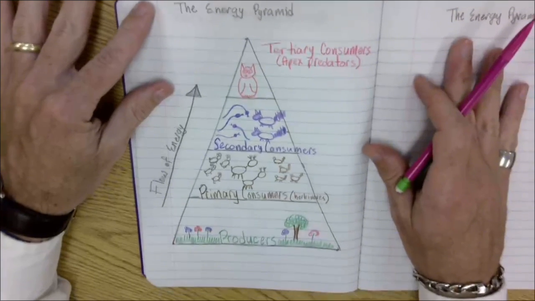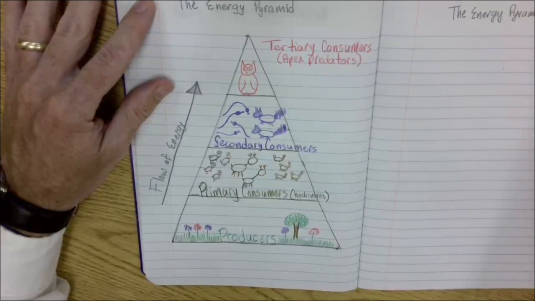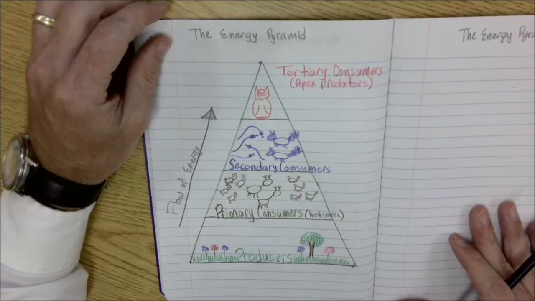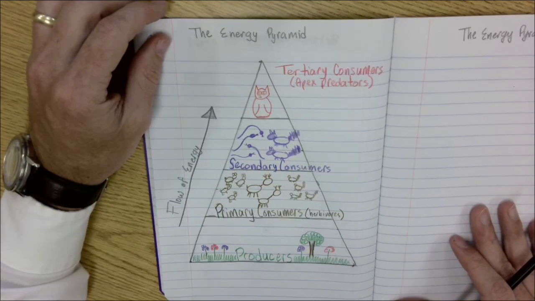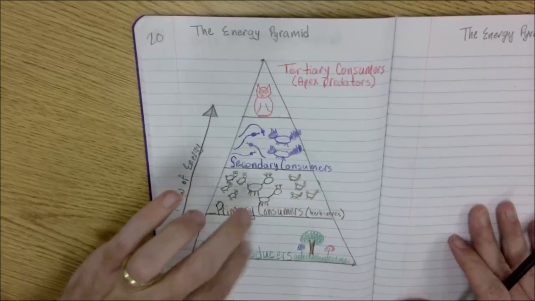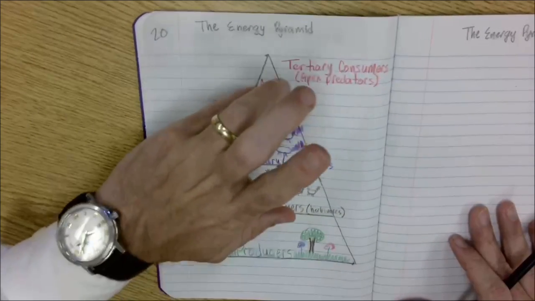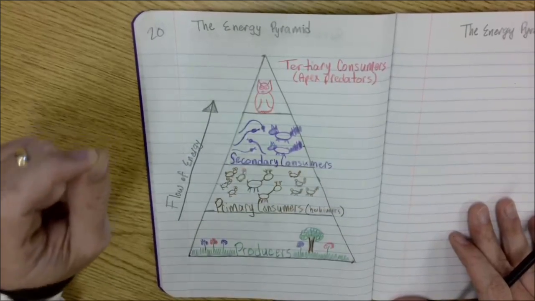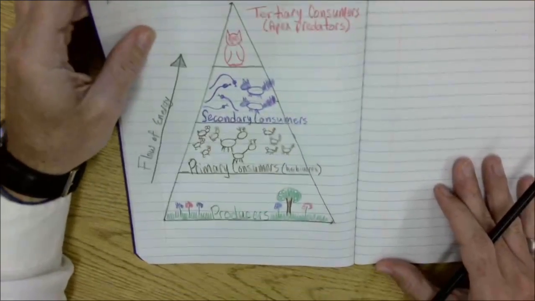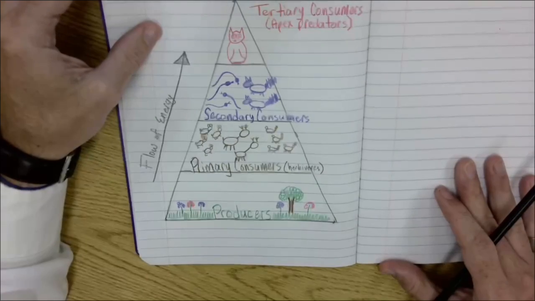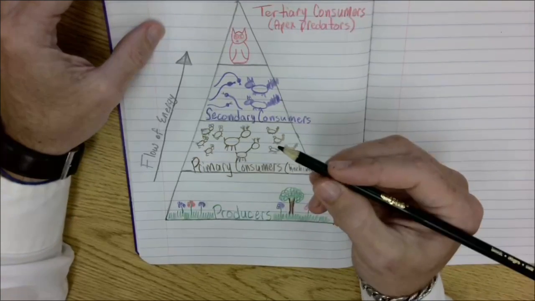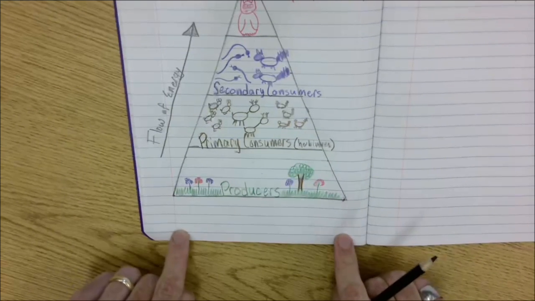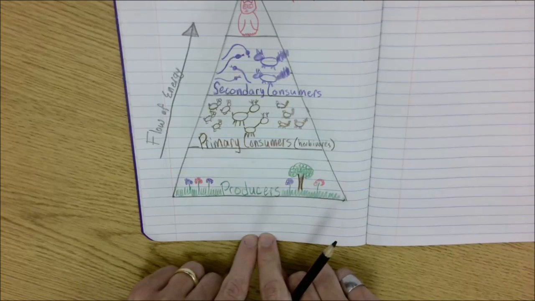All right, we're almost done. We are forgetting one vitally important group of organisms. If you haven't guessed what it is yet, we have producers, primary consumers, secondary consumers, tertiary consumers. There is one group of consumers, a special group we haven't included, and that will be our decomposers. So get your black, and we're going to add a rectangular box at the bottom of our pyramid,